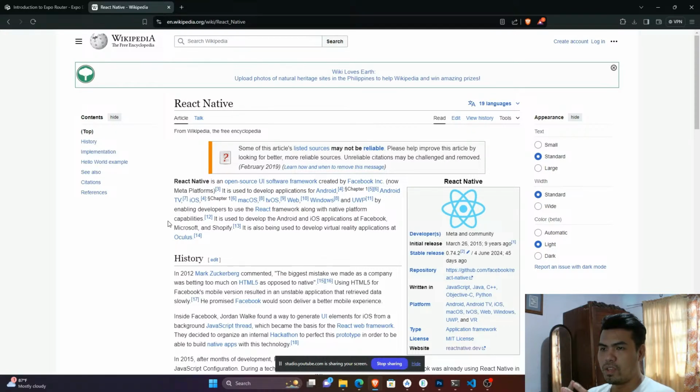And it also says it is used to develop applications for Android TV, iOS, macOS, tvOS, web, Windows, and UWP by enabling developers to use the React framework along with native platform capabilities. It is used to develop the Android and iOS applications of Facebook, Microsoft, and Shopify. So the creator of React Native is Facebook. Mark Zuckerberg created this one in